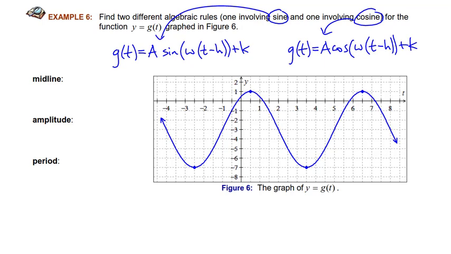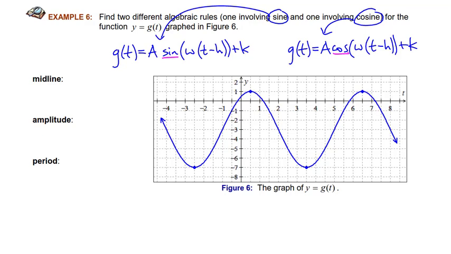Now it turns out that the sine function and the cosine function both have the same period, which is 2 pi, the same amplitude, which is 1, and the same midline, which is y equals 0. And since they both share these three features, the values for a, omega, and k will be the same in the sine formula and the cosine formula. So essentially we just have to find those once, and we can use them for both the sine function and